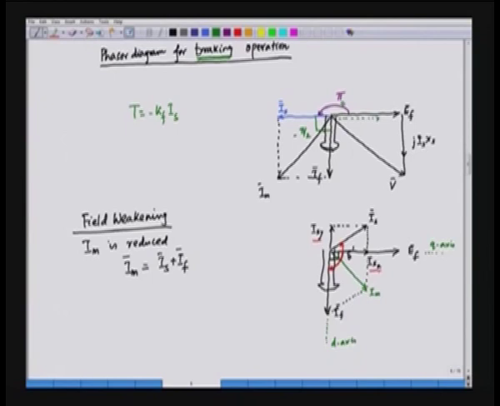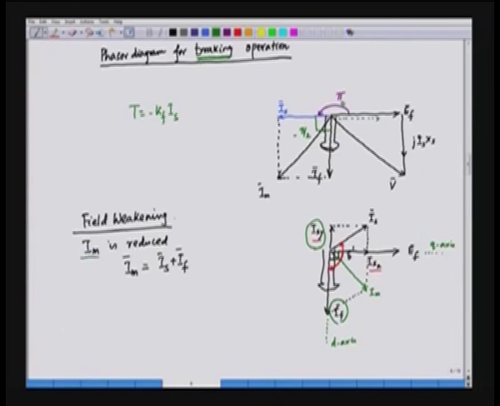So, this Isx is along the q axis and it is cross magnetizing. This does not increase or decrease the field current or field flux. Now, Is also has a component, that is Isy, which is demagnetizing, because this Isy is opposing If. So, when this Isy is opposing If, the equivalent field current is reduced. In fact, Im is reduced here,